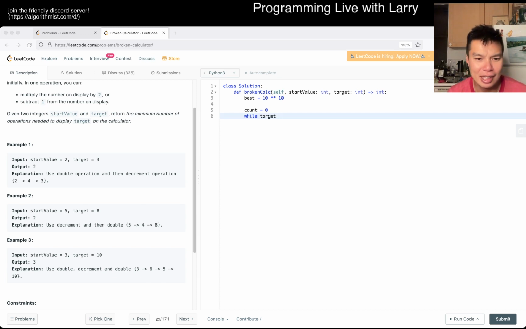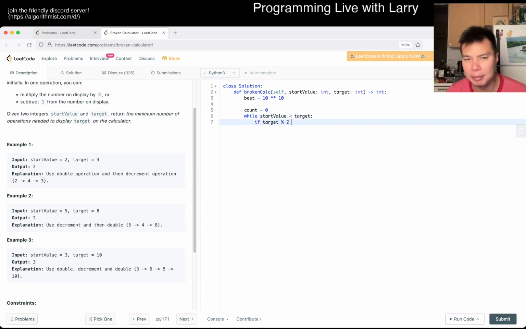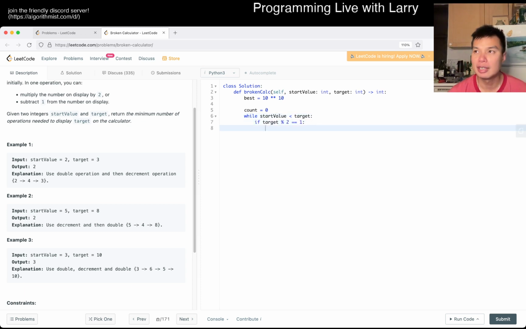Yes, this one is kind of tricky to explain, but the reason why, all right, let's just do start value is, well, I guess just less than, right? So if the target is odd, right, what happens? Well, that means that you have to double the previous time, right? So that means we add 1, we halve, and then count, we increment by 2. And then else target